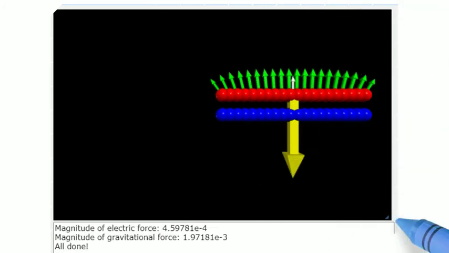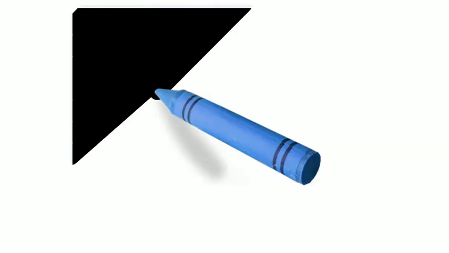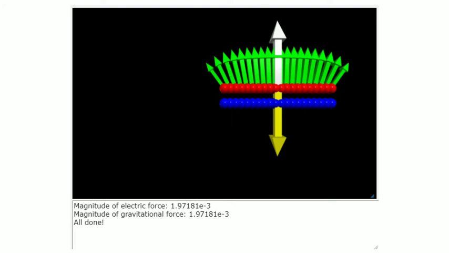So the green arrows were the electric field, the sum at each end point charge, and then the white arrow is the sum of the electric force, while the yellow arrow is the magnitude of the gravity. And this was again based off of the Q from the first lab. This was found after the trial and error, where my Q was 2.713 times 10 to the negative 8 coulombs. And here you can see that the electric force and the force of gravity are equal to each other,